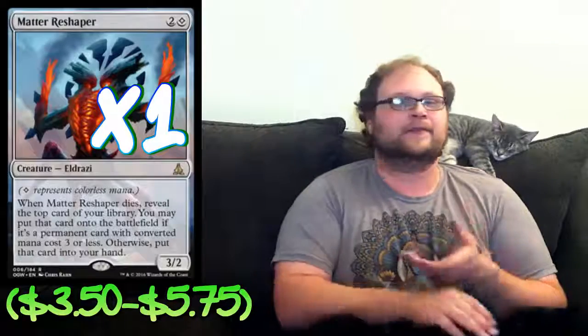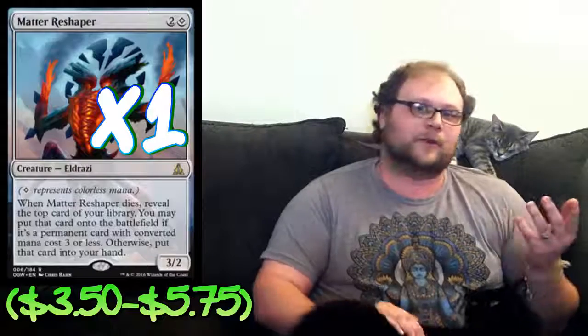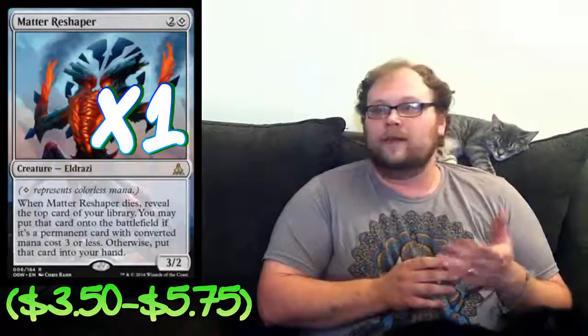We are playing 4 Yavimaya Coast in our land base, which makes us able to cast the 1-of fairly reliably, and we're really just looking to get this off of a Collected Company. That's good synergy with this deck. Most of our creatures are 3 mana or under, so we can get Reflector Mage